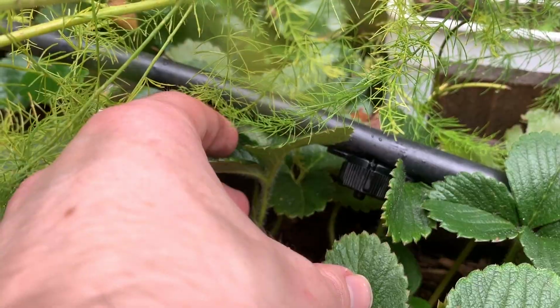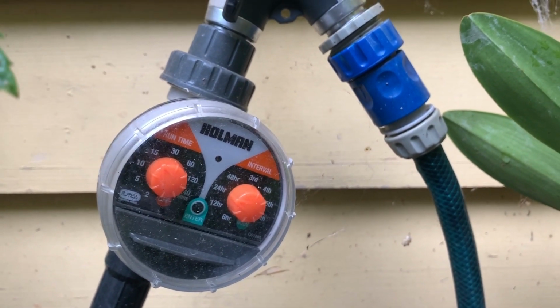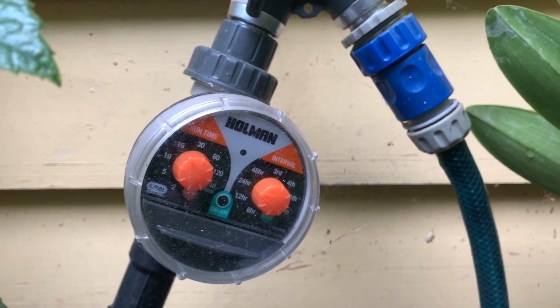So I've got a number of strategies, including for my outdoor garden an irrigation system that's on a timer, so that everything will be watered at the same time each day, or every second day, every third day, the frequency I decide. And for my indoor plants, giving specific instructions that are simple, rearranging plants so they're in the same space so that my house sitter doesn't have to walk around the house searching for plants,